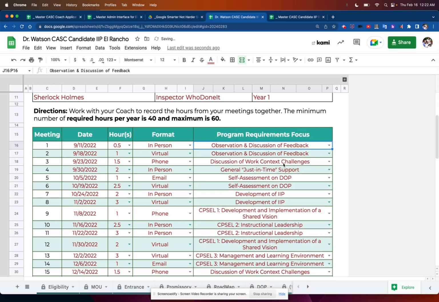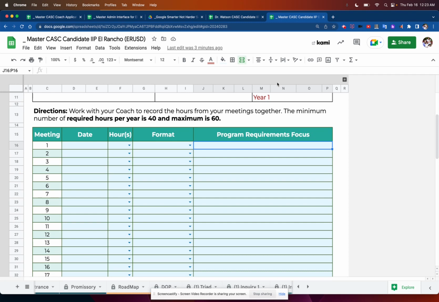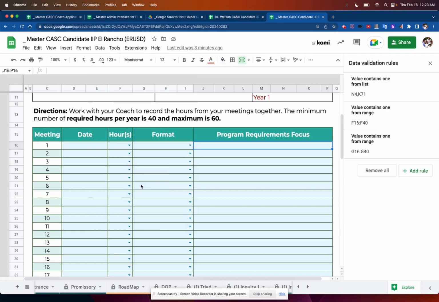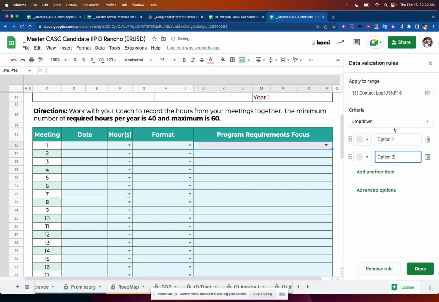So I can go ahead and do that, and that way the exact data I want, the predetermined list, is entered into that cell range. So let's go ahead and show how that's done. You just need to select the cell where you want that drop-down menu to be and go to Data and go down to Data Validation. As you can see, I've got other data validations here. I've got this hours and I've got the format. I'm going to add a new rule, and it instantly gives me option 1, option 2. And I could go ahead and change that to